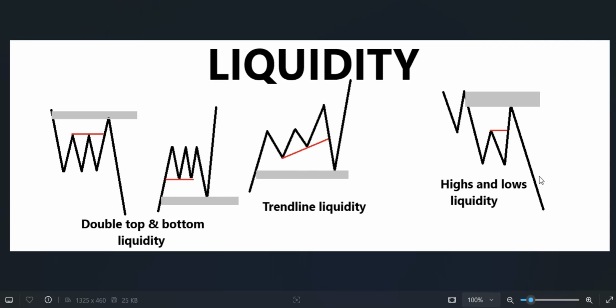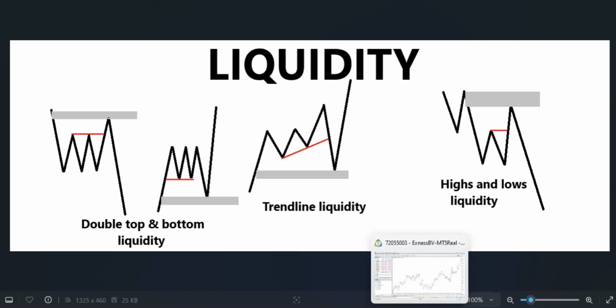So using charts, let's give examples of all this liquidity. So we'll see how we enter the market. All right, so,